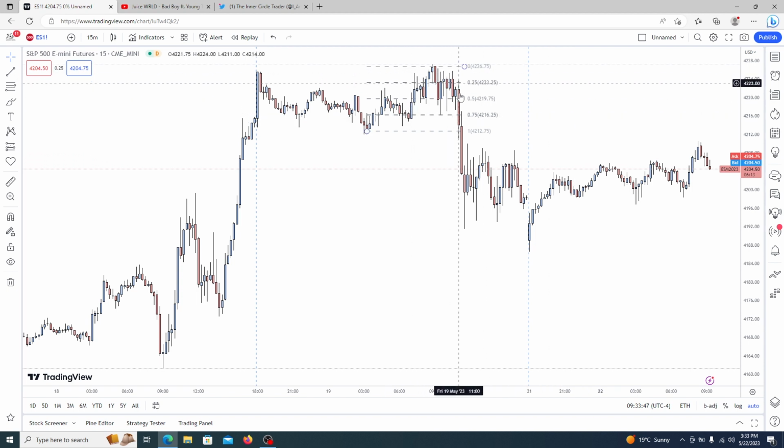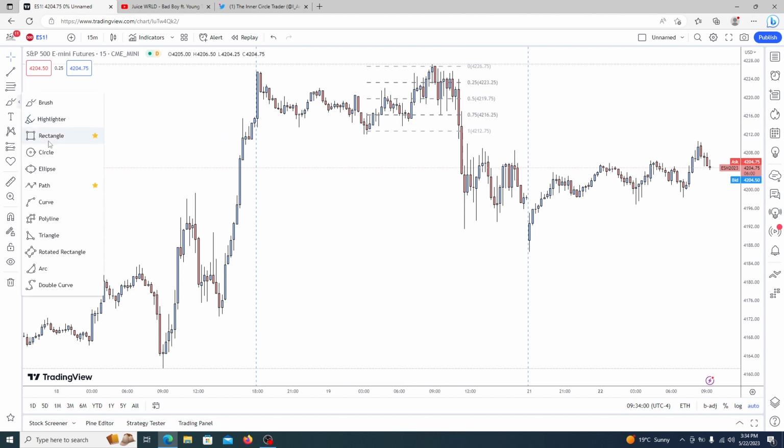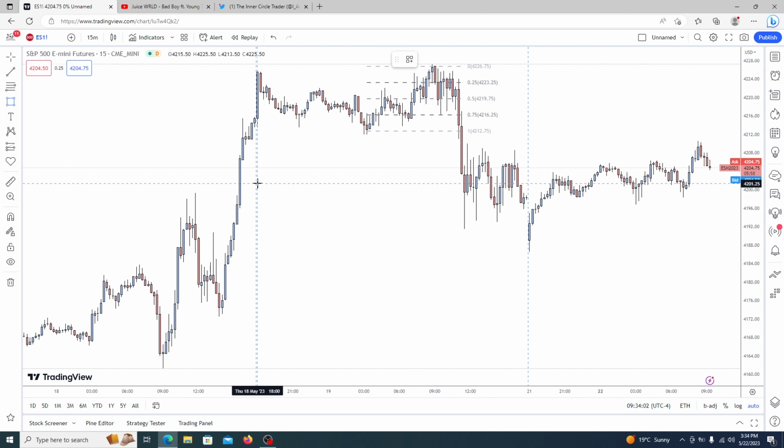But then price did not reject, price came right through that 75%, that OTE, and price just started trading down. Quickly realizing and then changing my bias,